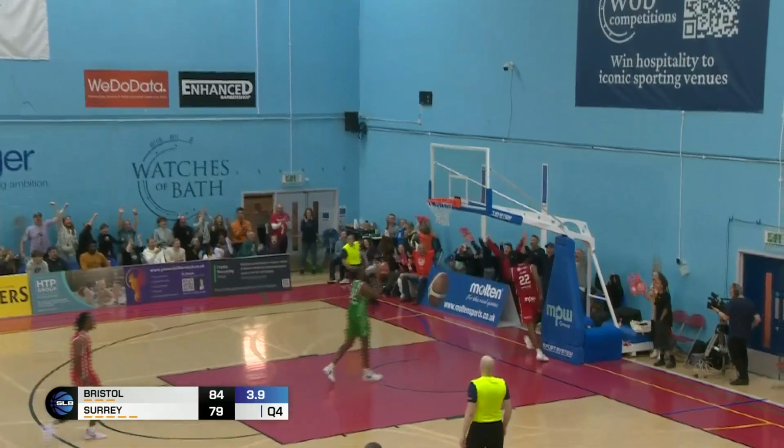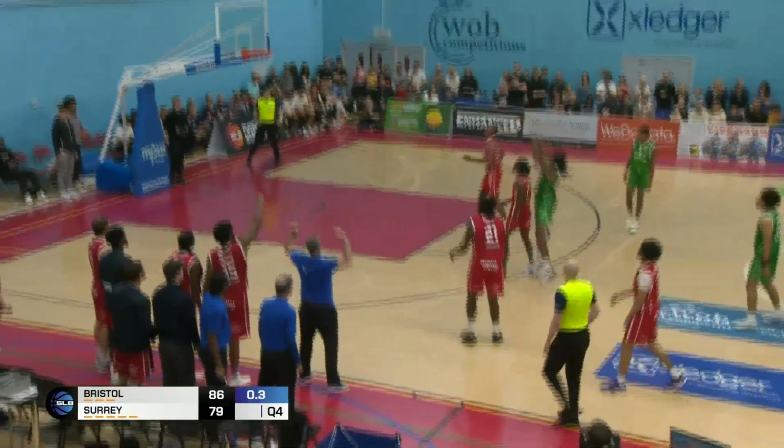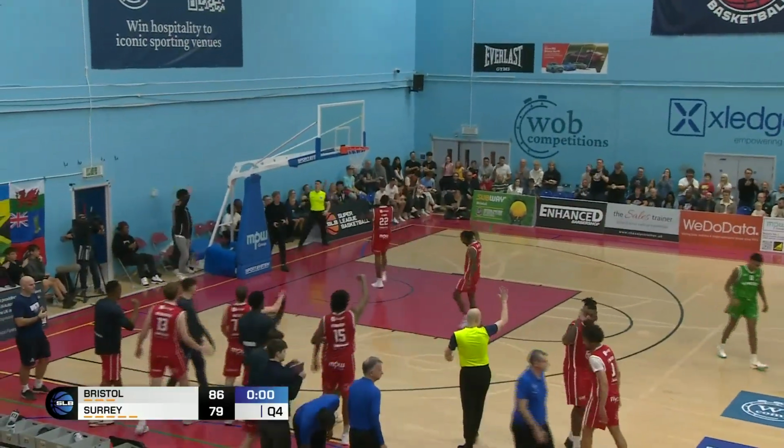And Lewis is open in transition. And it's showtime for the Bristol Flyers. As Kendall Lewis. 3 seconds to go. James will fire up for three and it won't matter anyway. And that will do it. Bristol Flyers getting their Super League trophy campaign off to a